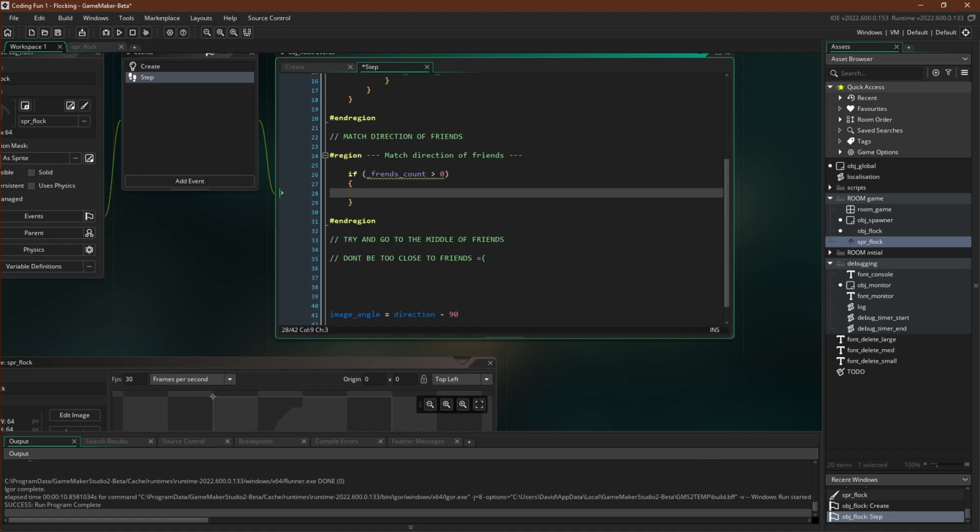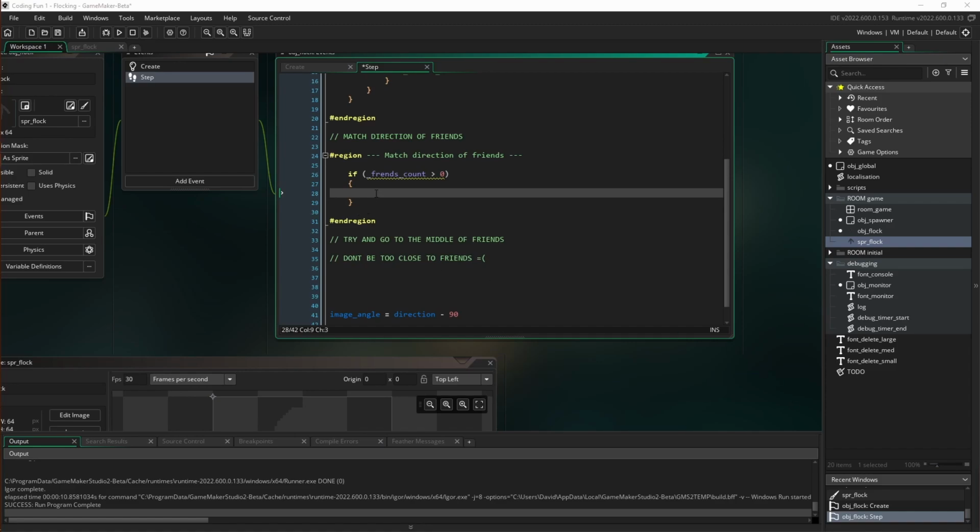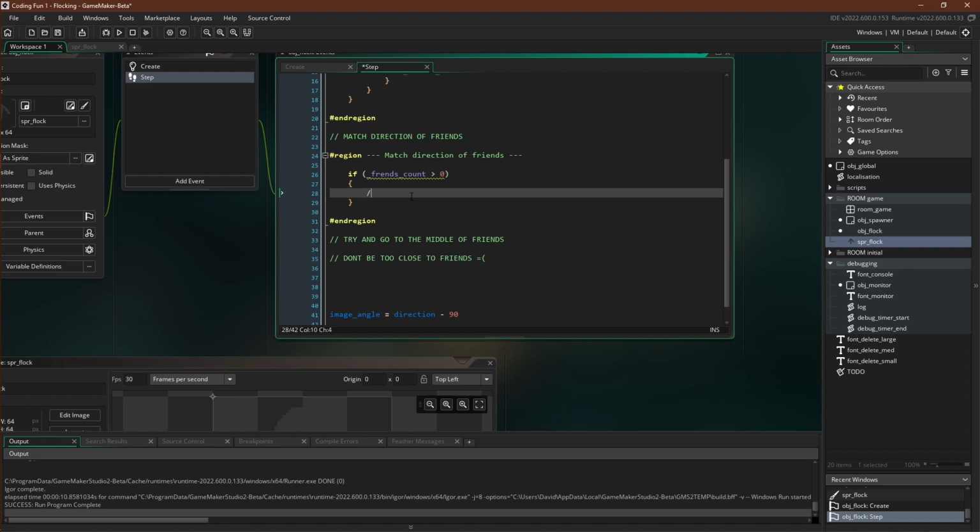So, if this one has friends, I will notice in the future that one of them's called friend count and the other's called friends count. But if this flocking object has some friends,